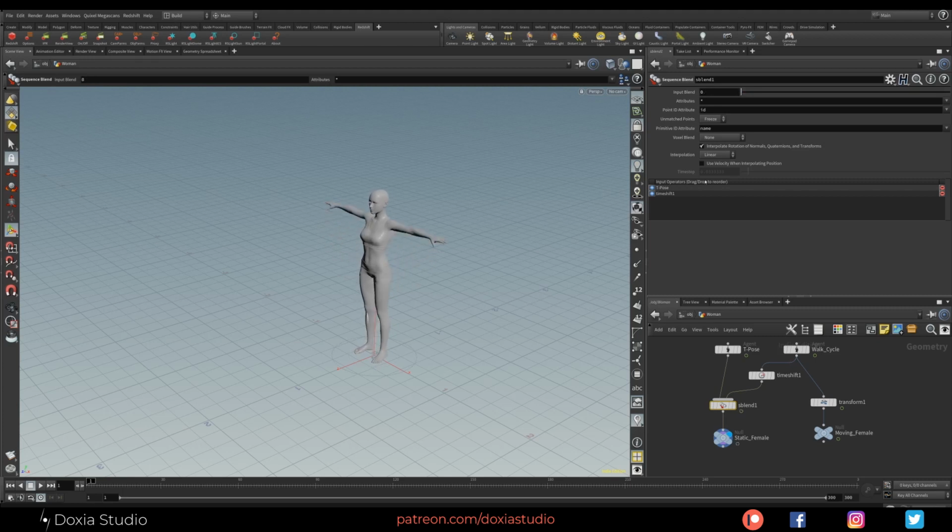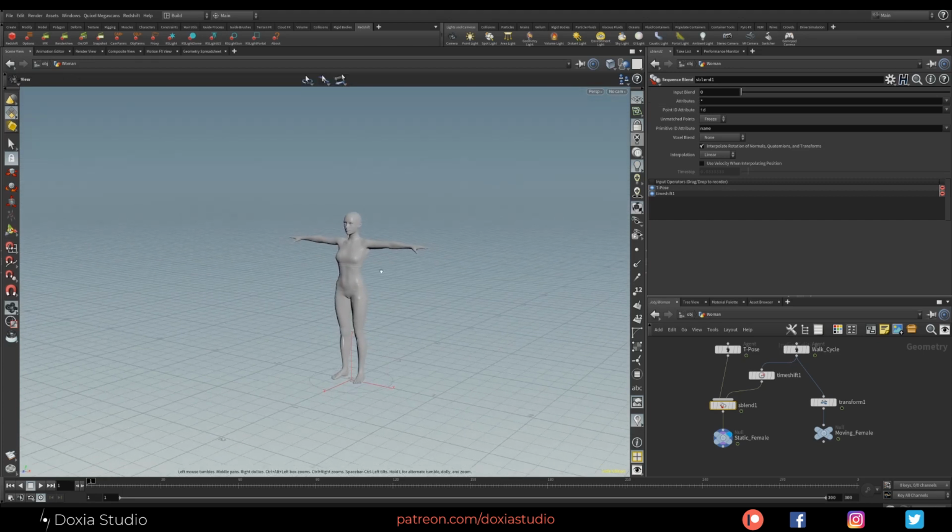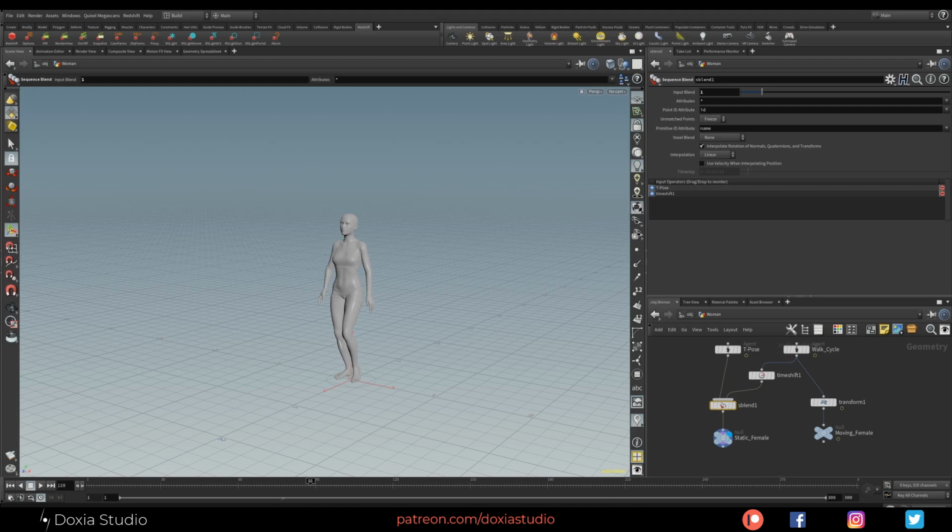Right now I'm just using this to show you. I could do the same with a switch function. So on input 0, I have my T-pose in place, and on 1, I have my walk cycle in place without animation because of the time shift.